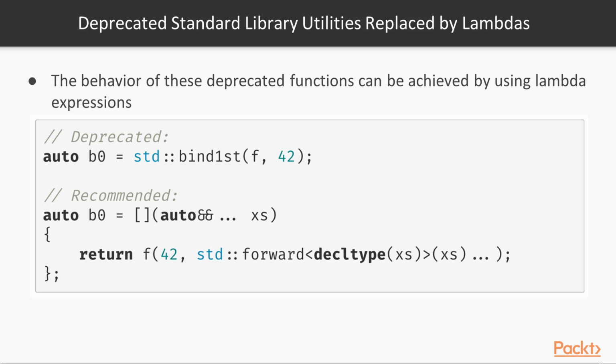The recommended way is to create a generic variadic lambda that takes any amount of arguments by forwarding reference and then invokes f, passing 42 as the first argument and forwarding everything else as the rest of the arguments. While this is unfortunately way more verbose than bind first, it's also way more flexible, and the compiler can transparently see what you're trying to do and aggressively optimize or inline your binding. While in the first case, by using std bind first, you can potentially degrade performance and introduce surprising behavior in